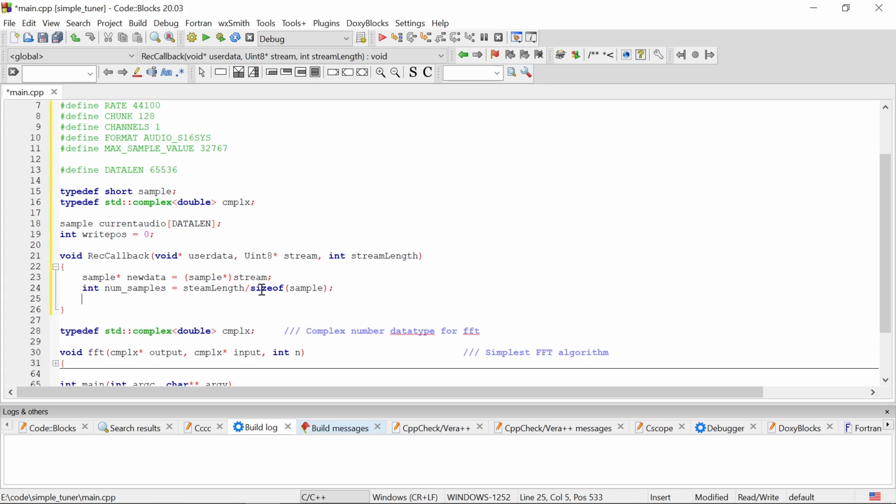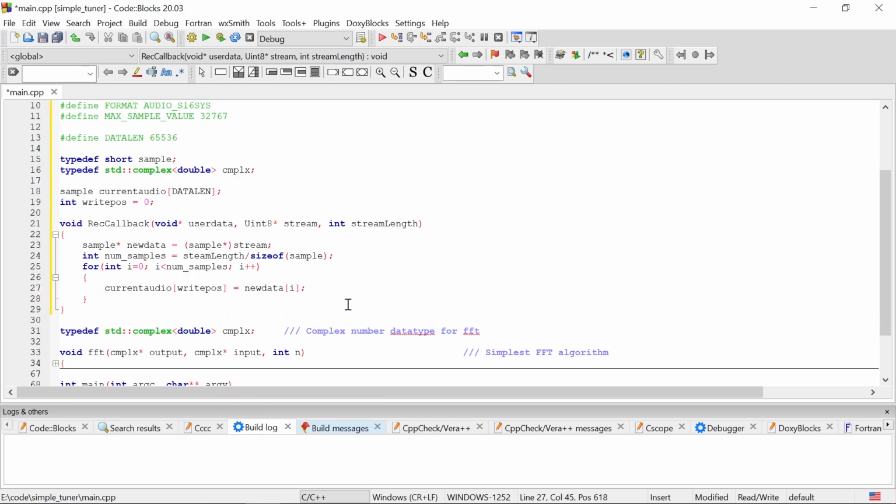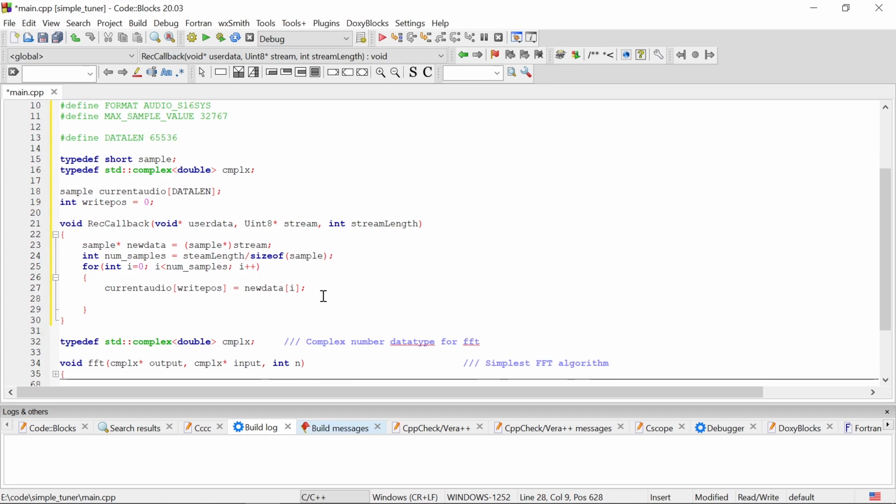Okay, so now we're going to iterate through the incoming data and copy it to the output, which is our current audio array. So for each sample, that's, we have copied one sample, and then what we're going to do is we're going to have to increment write pos, and so we say write pos equals write pos plus 1,